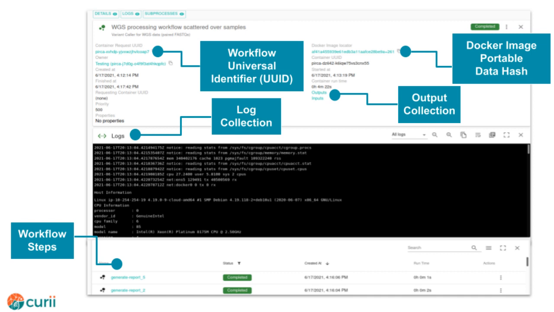Logs produced by the run, as well as metrics such as CPU usage, memory usage, disk usage, and network usage are all recorded for the entire run. Each workflow step is listed below, and clicking on the workflow step navigates to a similar page with the inputs, outputs, logs, and so forth for each individual step.